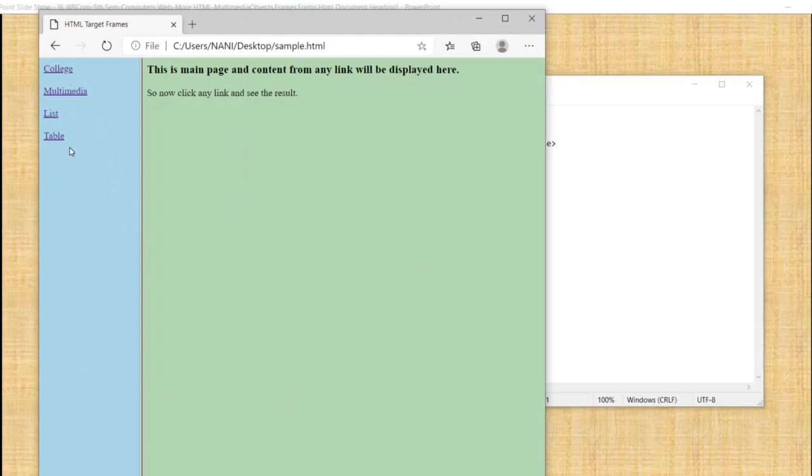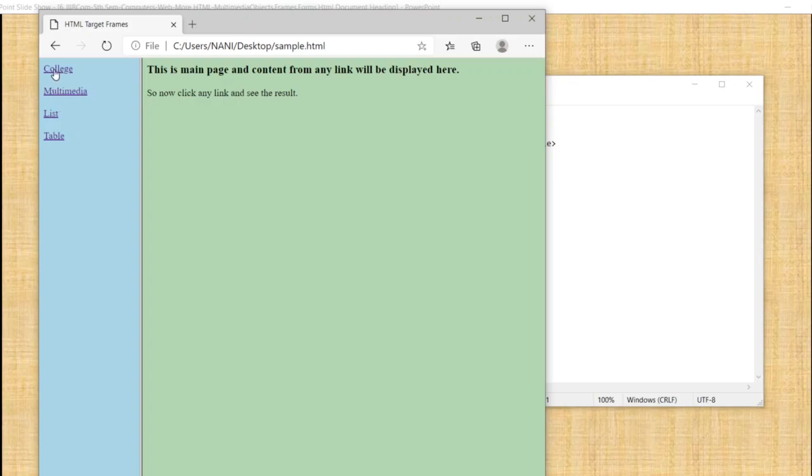In the first frame, I have taken hyperlinks: college, multimedia, list, table. This is the menu page. This is the main page. This is a frame. These frames appear with the help of the frameset, and in that frameset we have divided into 2 columns. One is 20% and the other one is 80%.